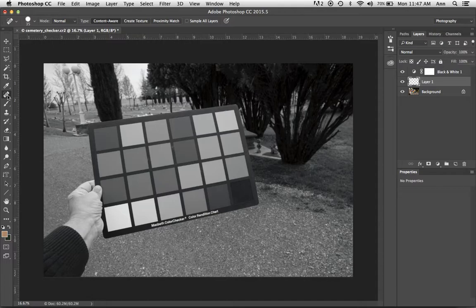If I'm using the healing brush, sample all layers, or if I'm using the cloning tool, current and below. That way you can pull information from that background area.